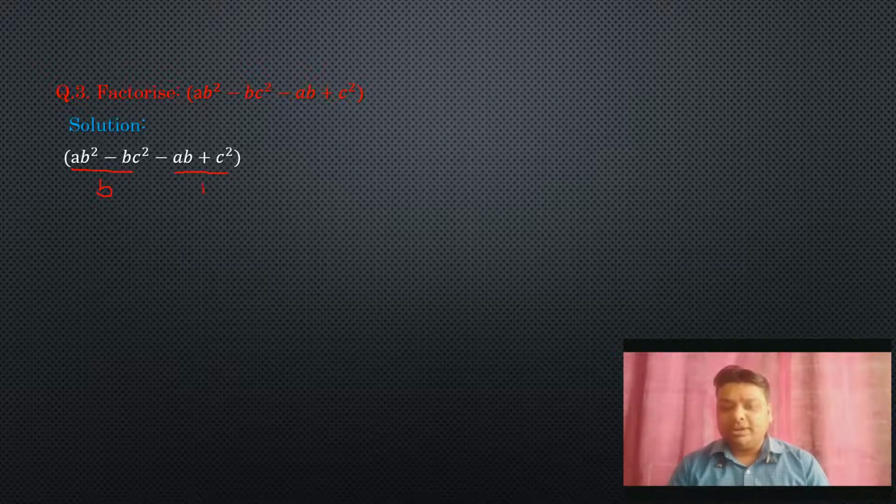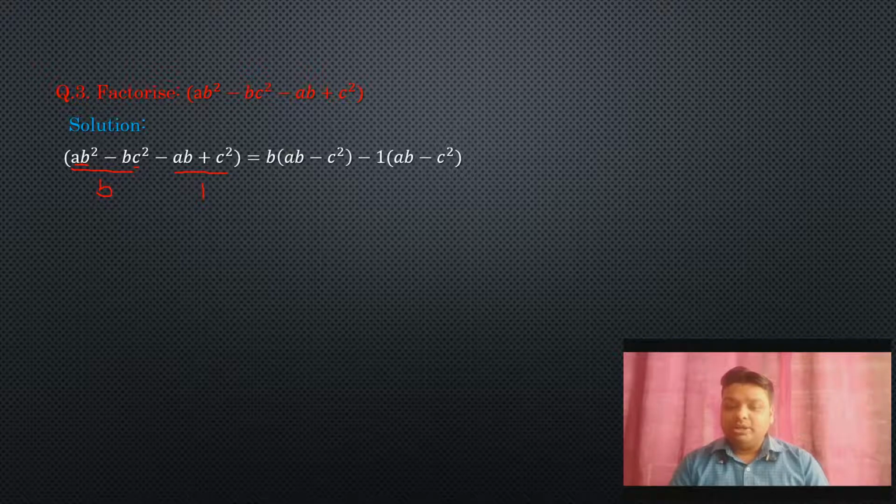So like this we can write. Here B we will write. Then if we have taken B out of the first term, then A and B will be left only. So A and B we will write. Here you can see B we have taken out. So what is left? Only C square. So C square we will write here like this. Now the minus sign is outside, and we can take one common. So again, as I said, if a minus sign is outside and you are opening or closing a bracket, then the sign will change. So here you can see that AB has a minus sign. Then after going into the bracket, it will be plus AB, and here plus C square will be minus C square.